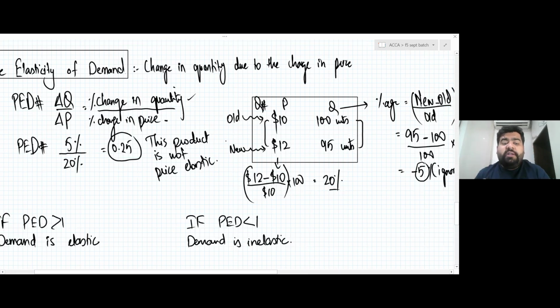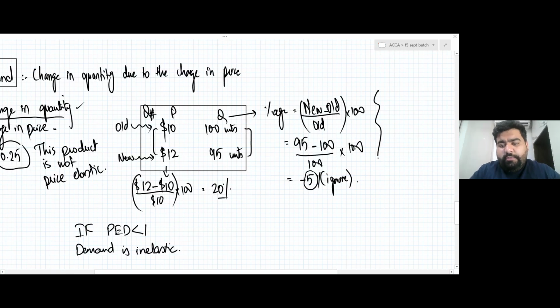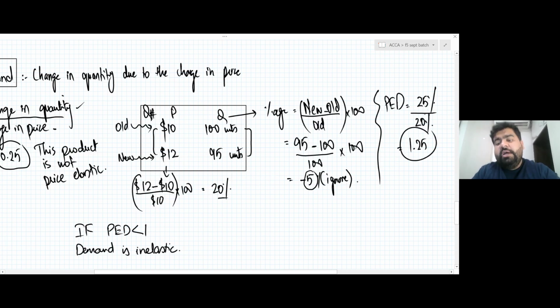If the answer is greater than 1, it means there is a change in more quantity as compared to the change in price. Let's discuss another example. Just for the example, the percentage change in quantity is 25% and the percentage change in price is 20%. Now the answer will be 1.25. It means the change in price is 20%, but your quantity is changing more than that, 25%. So if the answer is greater than 1, we'll say that